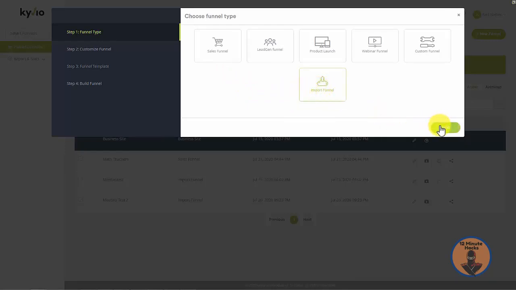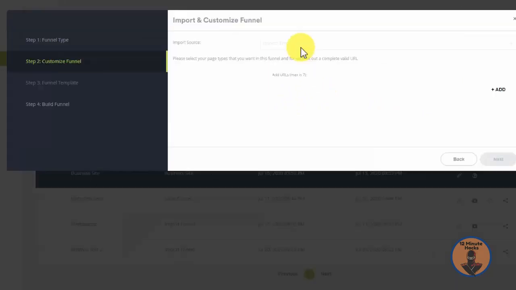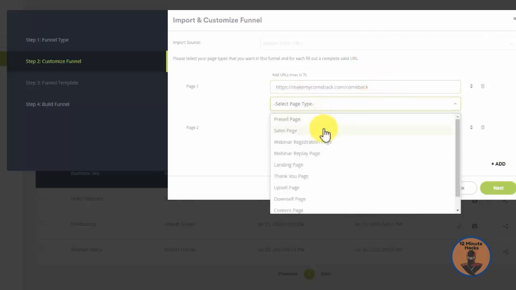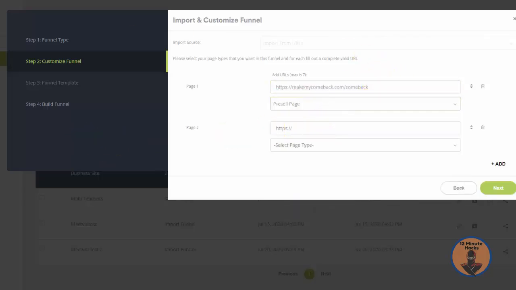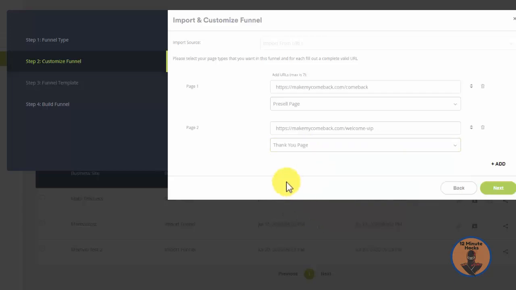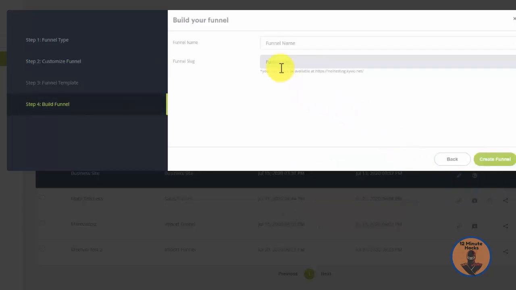It's called the Comeback Challenge. So I'm going to click on import funnel, and let's go ahead and add a few other URLs as well. So let's go ahead and add this URL. That's not the one. Okay, so this is the first one, which is going to be the pre-sale page. It's his opt-in page, and then this is going to be his welcome page. So this is going to be the thank you page. This is important for classification. I'm going to click next and call this,